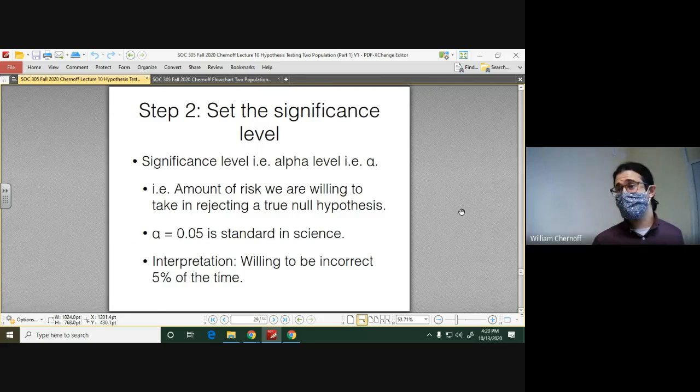Step 2, we set our significance level. So here we set our alpha equal to 0.05. Again, we're looking at this population of recidivating youth, population of youth in 2012 and 2014. And we're going to use this method to decide whether or not recidivism has increased on average in 2014 versus 2012.